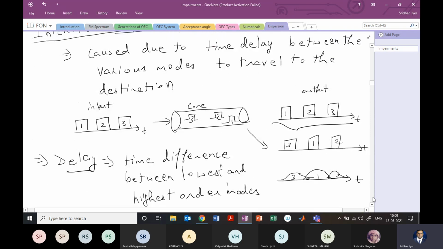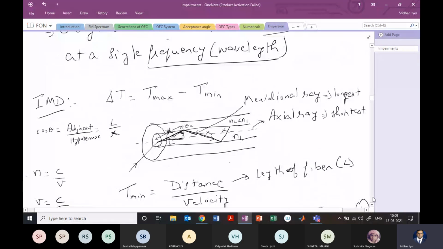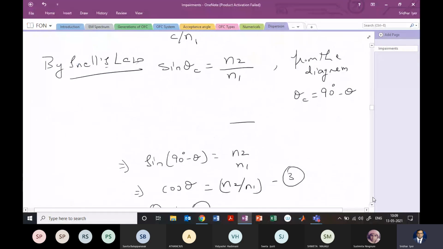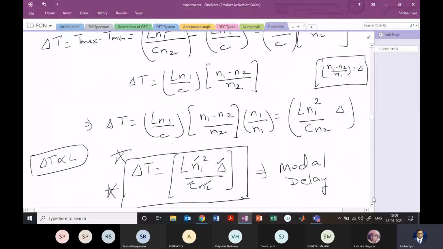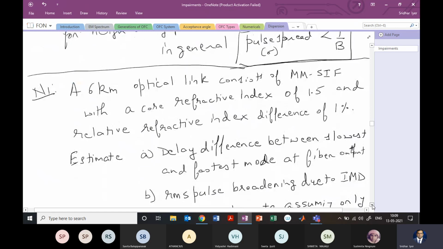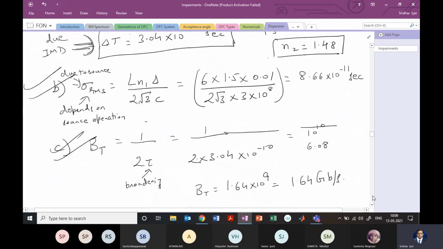Right? So for the intermodal dispersion in multimode fibers, we have derived the value of delta t, that is the broadening, and we have solved numericals based on that. And what we have seen is that delta t is directly proportional to L, which is the length of the fiber, and therefore you cannot just keep increasing the length of a multimode fiber for transmission, because the broadening is going to increase. Therefore we make the statement that multimode fibers are not good enough for long distance transmission. Okay, so we solved a problem based on that.